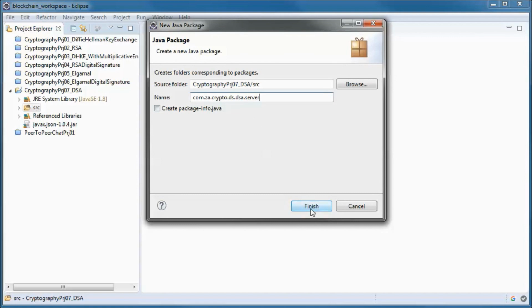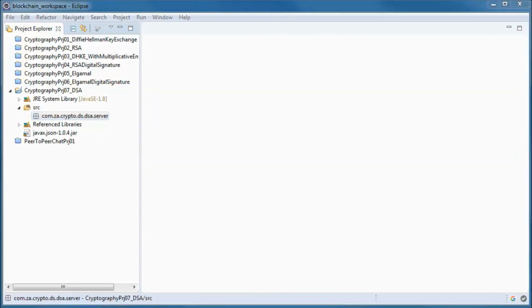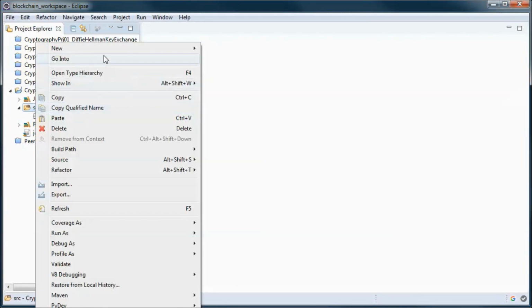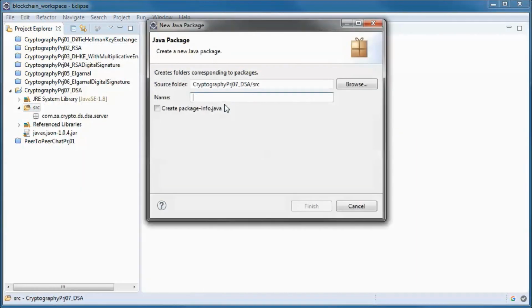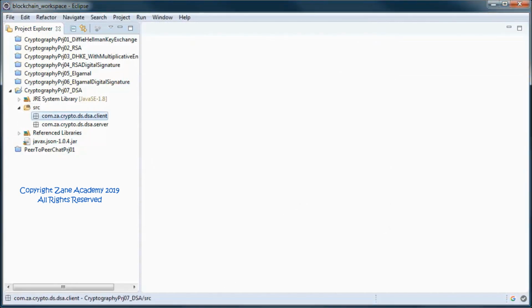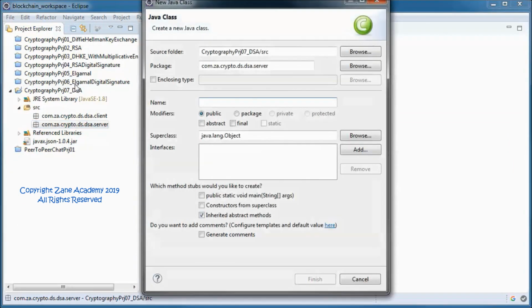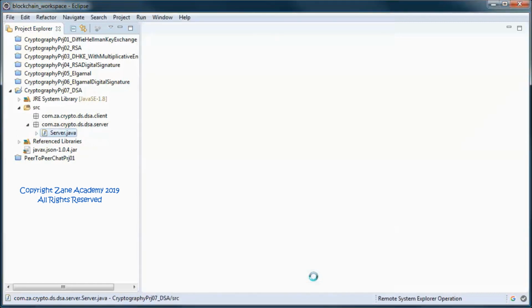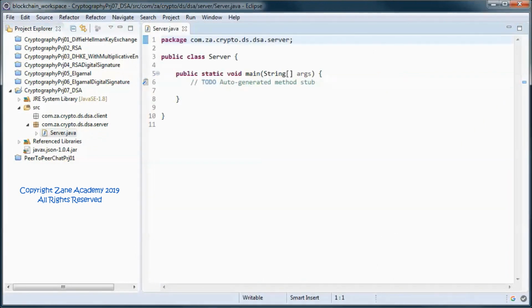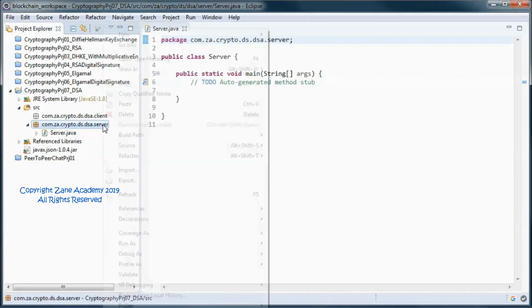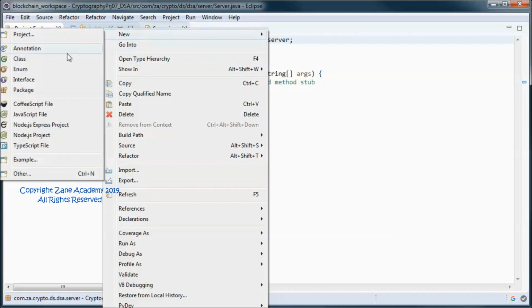One for the server code and another one for the client code. And on the server side we will have two classes, a server class with a main method and a server thread class,